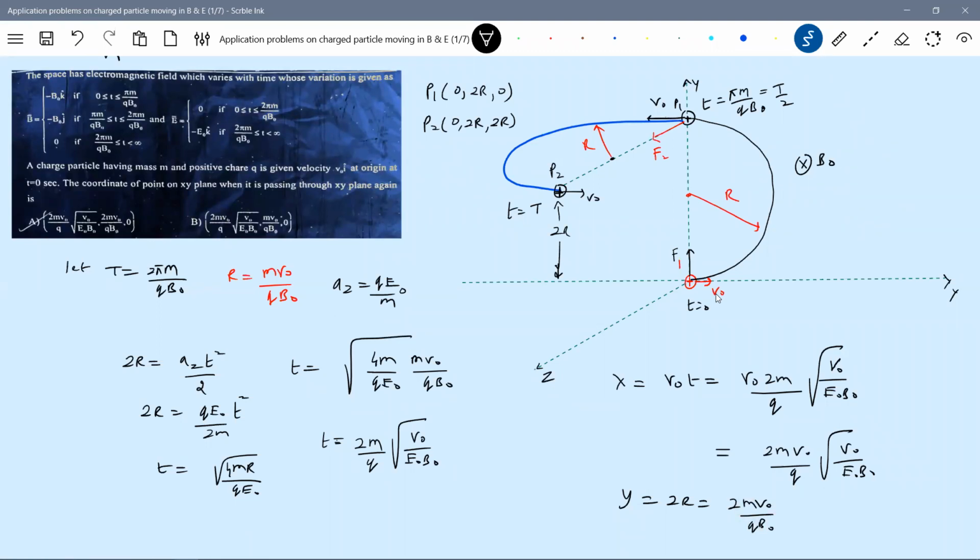I'm unable to further show how it will move in the electric field. You are supposed to make an assumption of that. And the z coordinate will be 0. This will be our answer. What type of motion is it going to describe? A parabolic path for this time.